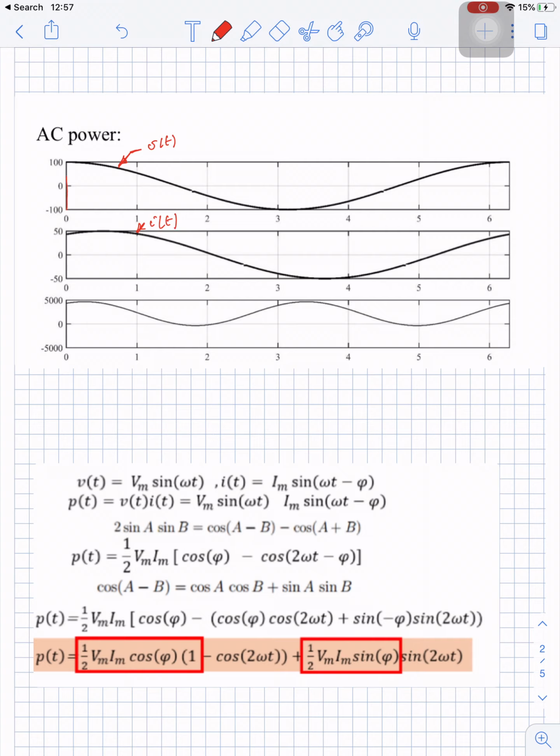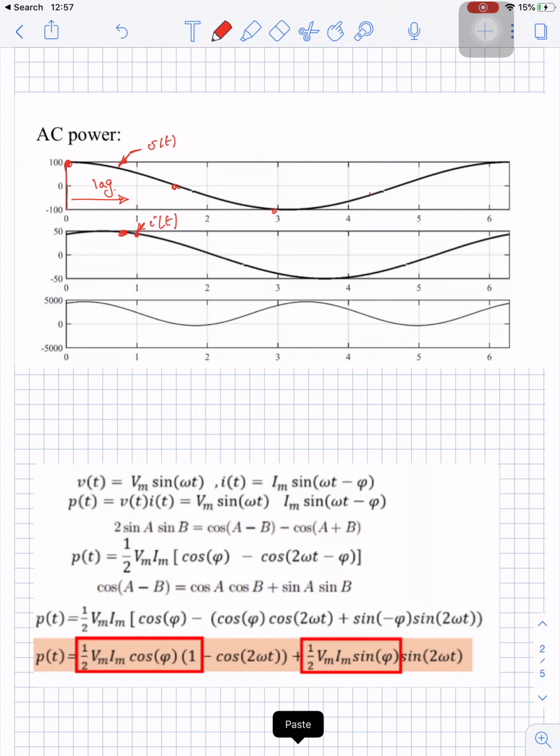The voltage is a cos wave. It starts at peak, then goes to zero, then peak, then zero. And the current is a cos wave, but a little bit lagged. Here is the peak of the current, here is the peak of the voltage, and the current is lagging the voltage